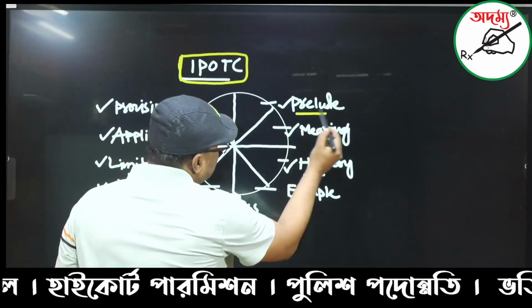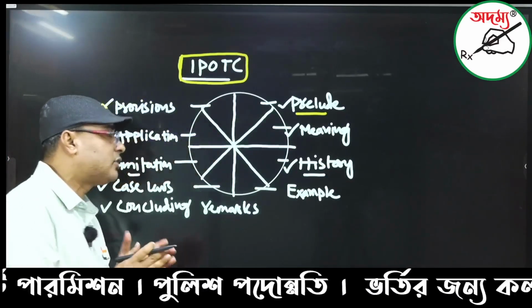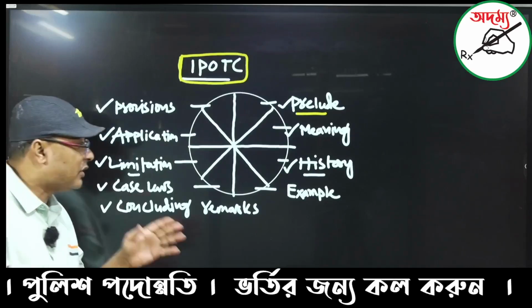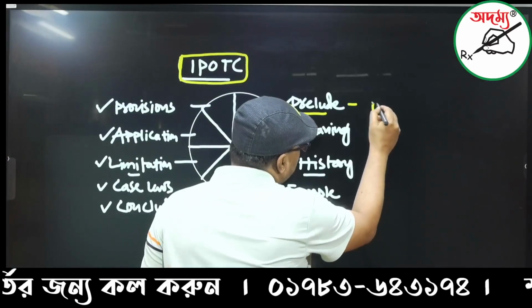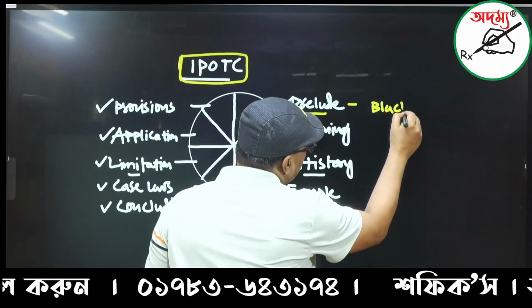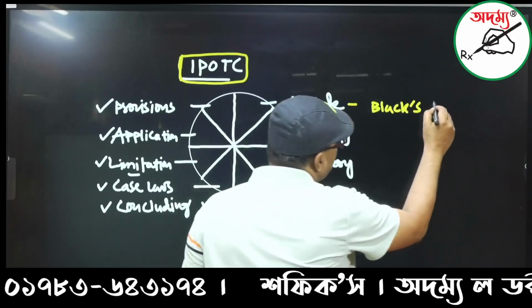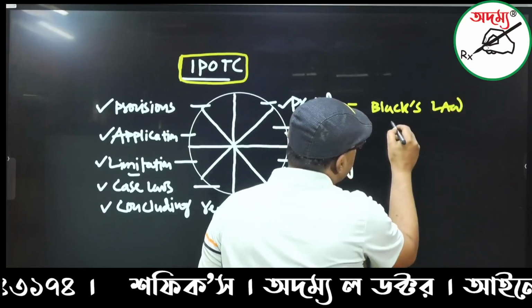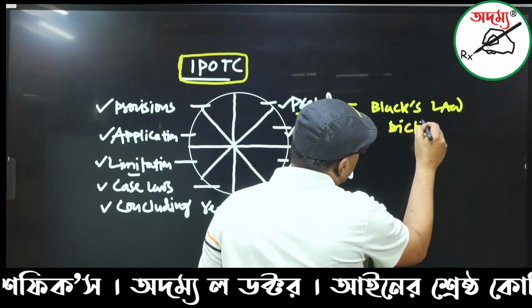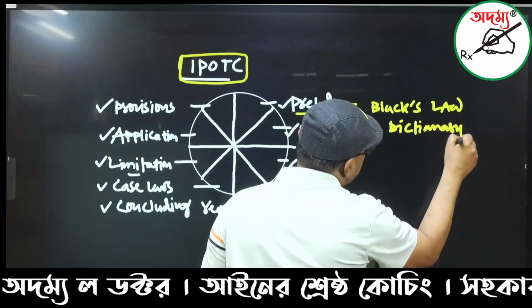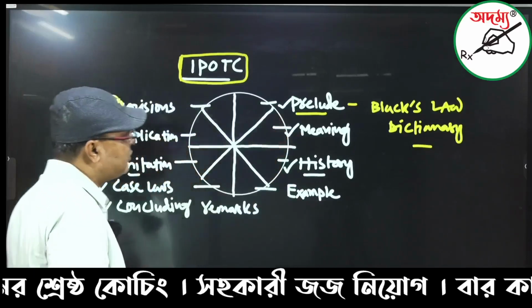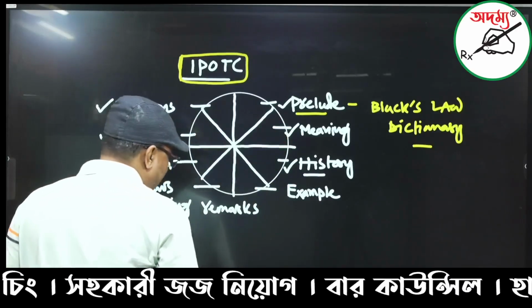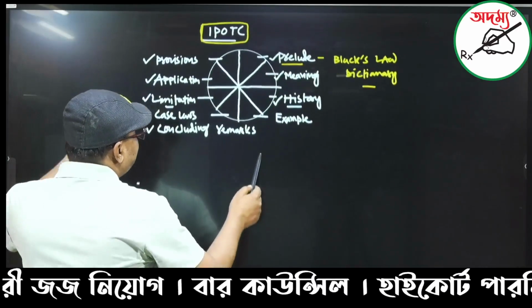Now, the prelude system: how can you actually write on your own? So here it is quite clear too. You have to write from Black's Law Dictionary. So how to write from Black's Law Dictionary? The reason behind this is that there is no definition given in the CPC. So Black's Law Dictionary prescribes how to write it, and that should be the focus here. Please, let's have a look.